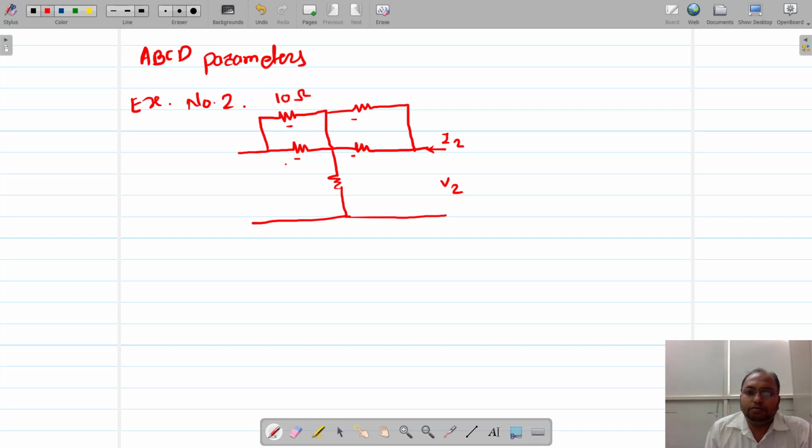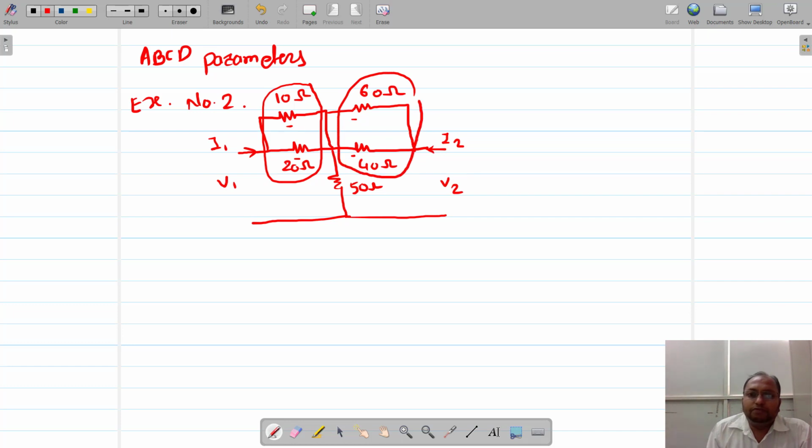Okay, so let us go for the values. Let us say this is 10 ohm, 20 ohm, let us say it is 50 ohm, 40, and let us say this is 60 ohm. Is that fine? Okay, so first thing is what? We need to simplify the network. First we are going to find out the parallel combination of these two resistors, and then the parallel combination of these two resistors. Once we find their parallel combinations, this circuit will result in a T network, right? So let us go for that.